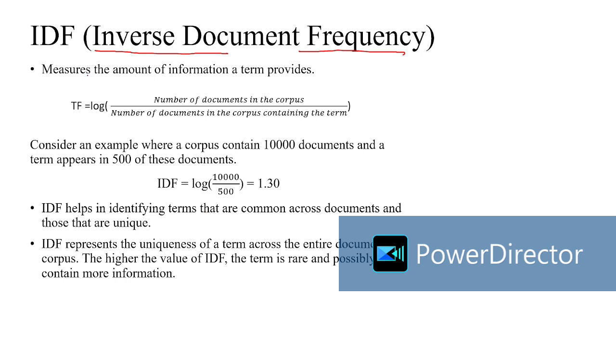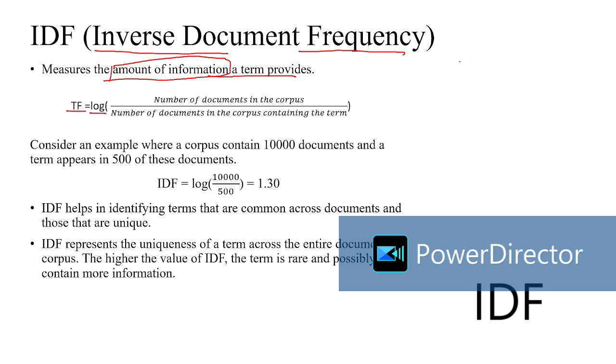So let's talk about IDF, inverse document frequency. Inverse document frequency measures the amount of information a term provides. Term frequency calculates the relevancy of a term in a document, and IDF measures the amount of information a term provides. So the formula of IDF is log of the number of documents in the corpus